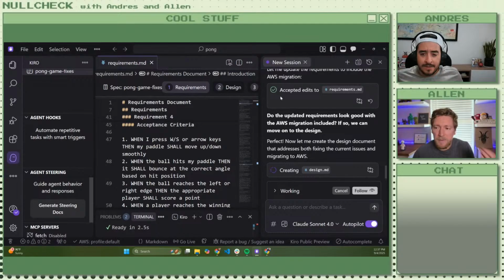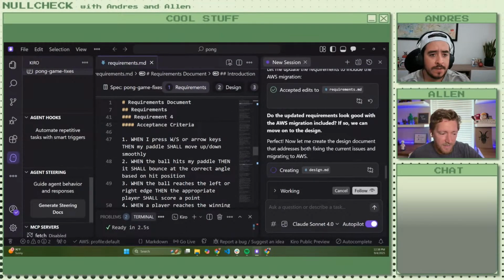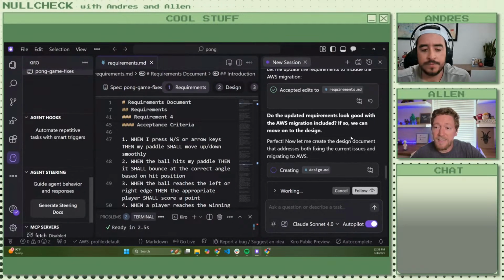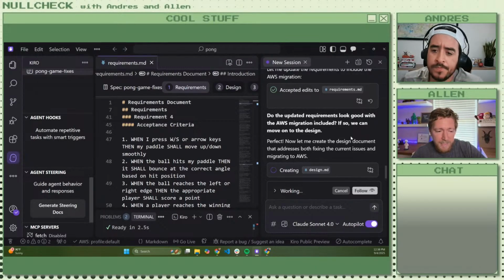And so for anybody that's watching us that didn't catch our last stream, this is Kiro, what we're working in. This is AWS's agentic IDE. And its kind of claim to fame compared to Cursor or Windsurf or anything else that you might have already used is that it really focuses and prioritizes on spec-driven development. And what does that mean? Well, it's exactly what we're doing right now.